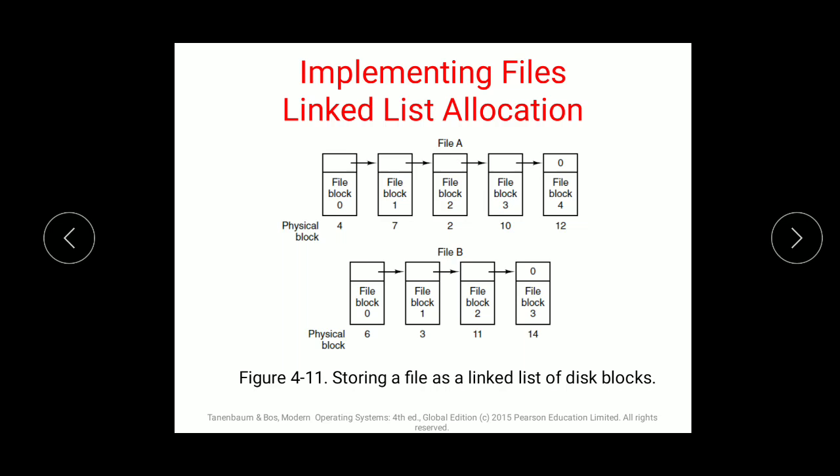The blocks scattered on the disk can be allocated to the file. The directory contains a pointer to the first and last block of the file. In order to create a new file, it is simply needed to create a new entry in the directory, and every directory entry has a pointer to the first block of the file. So they have a pointer which will arrange the data, and every directory will have physical blocks of data in which they can arrange the file, and we just have to make an entry in the directory and the linked list allocation is created.